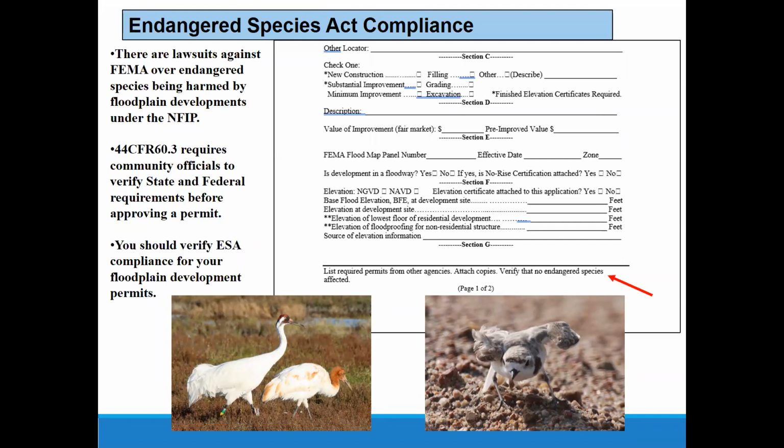My advice to you is verify Endangered Species Act for every permit you issue. And we have a U.S. Fish and Wildlife Service office in Manhattan that can help you do it. If you listen to a recording of our LOMA and LOMR-F class, we have about 15 minutes where we talk about endangered species and how to verify that. But this is our basic level class. This is the Reader's Digest version, so I'm moving on.